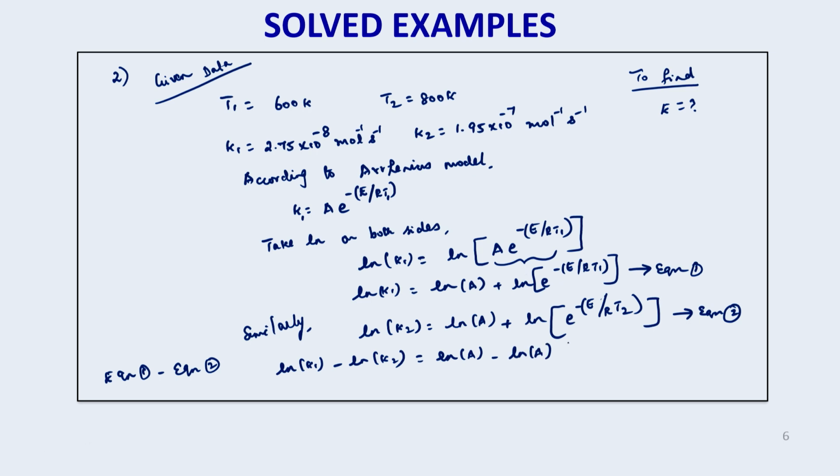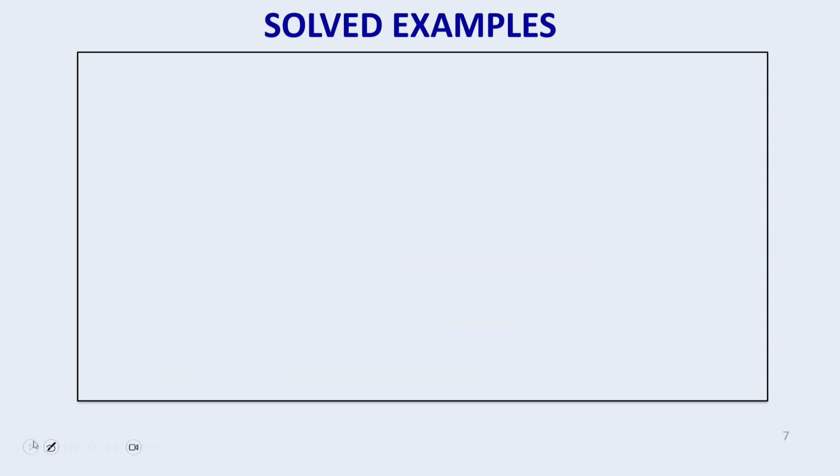Plus the second term on the right side, ln of e power minus E by R T1, minus ln of e power minus E by R into T2. So we will get ln of k1 minus ln of k2 is equal to